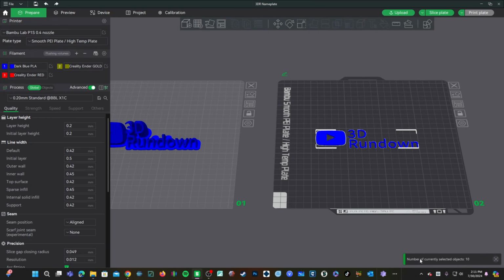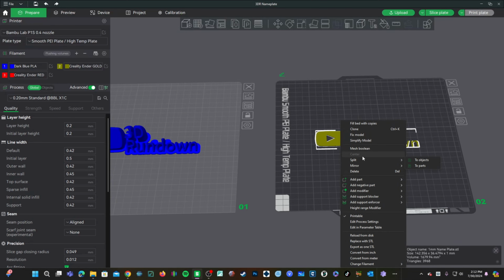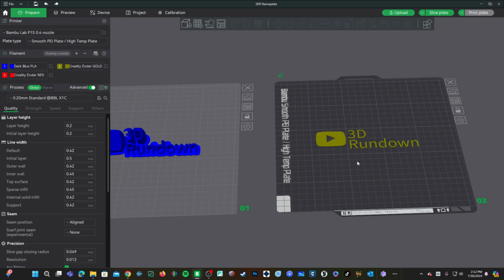Your model has now been split into 10 objects. That means we can assign this logo and these text letters to different colors. In order to make this easier for you, before splitting this to objects, set the letters to the color you want, then right-click and split to objects. Now the only object we need to deal with is this